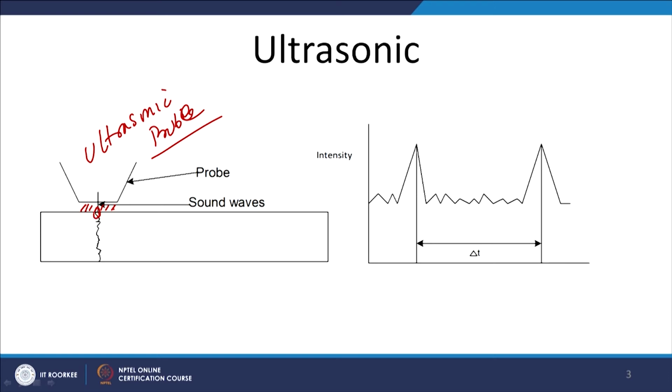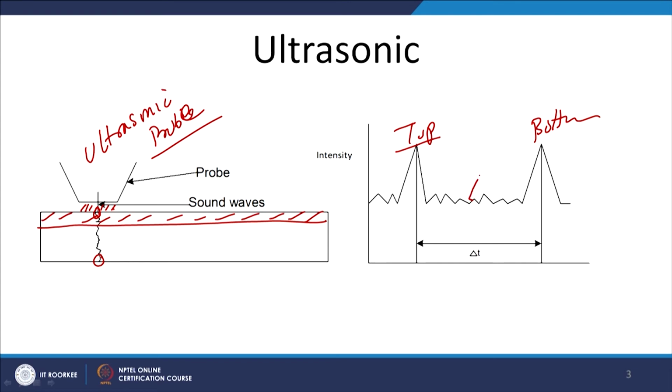Initially it will be reflected from the top surface. So, this peak corresponds to the top surface, and then another strong peak will be due to the reflection of these vibrations from the bottom surface. So, this corresponds to the bottom surface, and if there is a layer of material which is applied, then we will get one additional peak in between, and that will suggest the